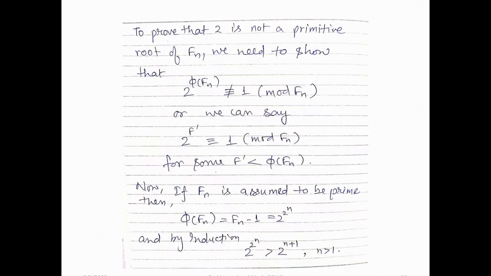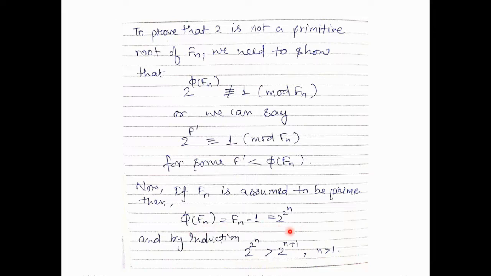Now, to prove that 2 is not a primitive root of Fn, we need to show that 2 to the power phi of Fn is not congruent to 1 mod Fn. Because if 2 to the power phi of Fn is 1, then that will be the primitive root. So to prove that 2 is not a primitive root of Fn, we need to show that this is not congruent to 1 mod Fn. Or we can say that there exists some f dash which is less than phi of Fn, which is giving 1 mod Fn. So now if Fn is assumed to be prime,